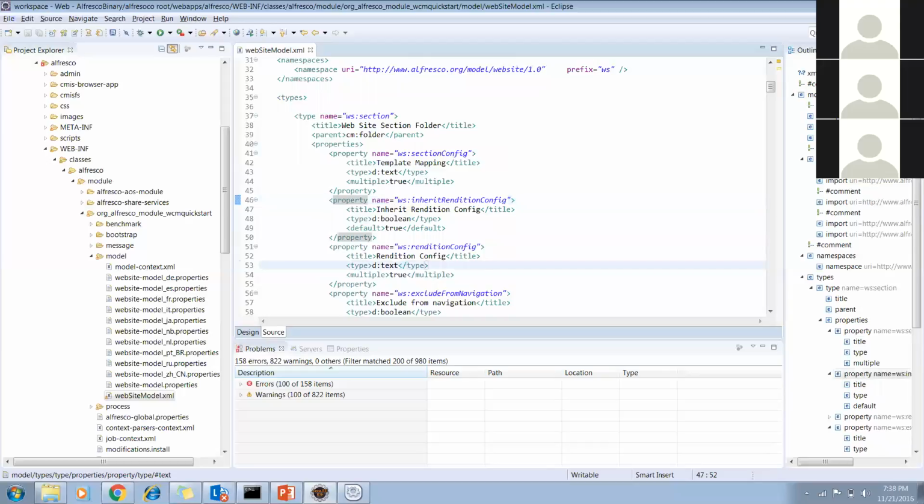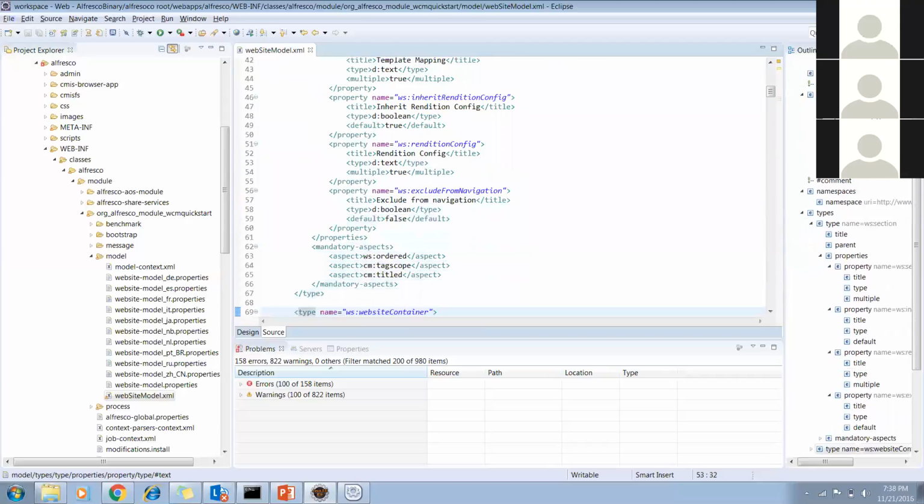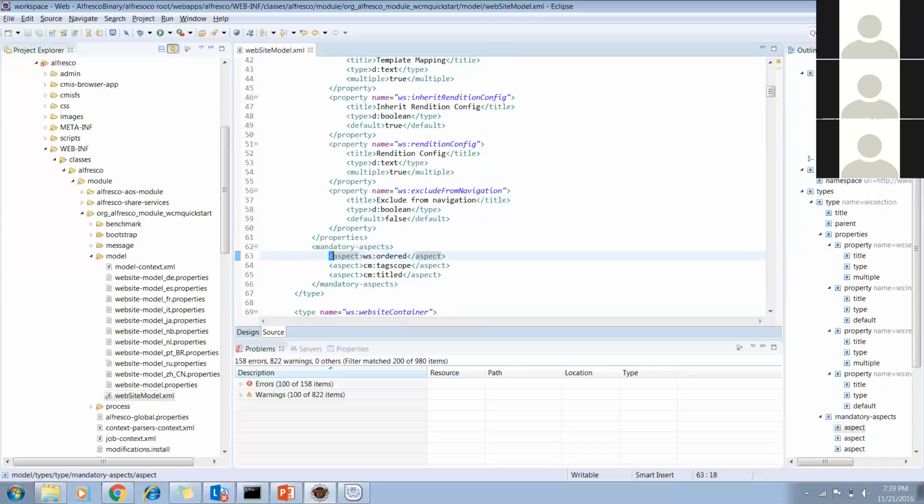We have seen this rendition config, right? Yes. Here it's defined. This is a text box, multiple yes. Like that, we can see. Now I was telling you, while designing the content model, in the content type you can have your own properties and you can add your aspects as well. Aspects are also a group of properties.